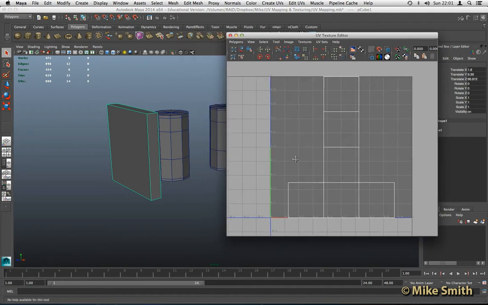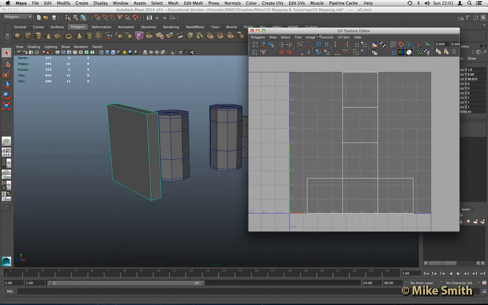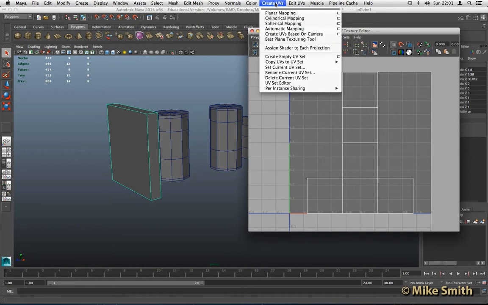Now you've got different options when it comes to UV mapping, depending on the shape. So if we go back up to create UVs, you can see there's different forms of mapping on here, and you really just have to experiment with those as a starting point. Now one that I like a lot is automatic mapping. If I go ahead and click on that,